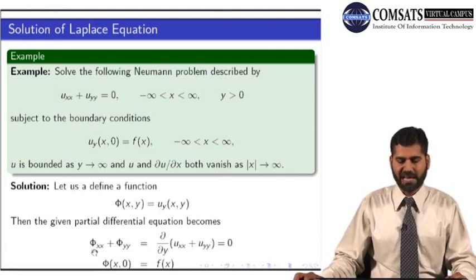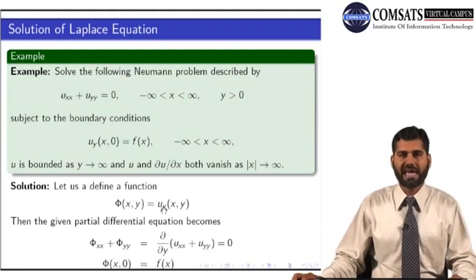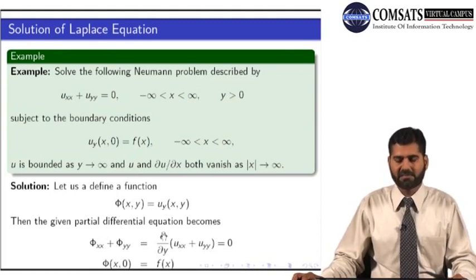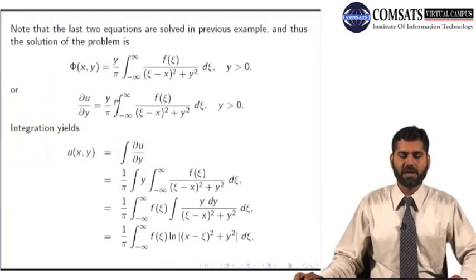From your equation, what is phi xx? It is u_yxx. And what is phi yy? It is u_y of yy. So this is the partial derivative with respect to y of u_xx plus u_yy, which is equal to 0. So from here,